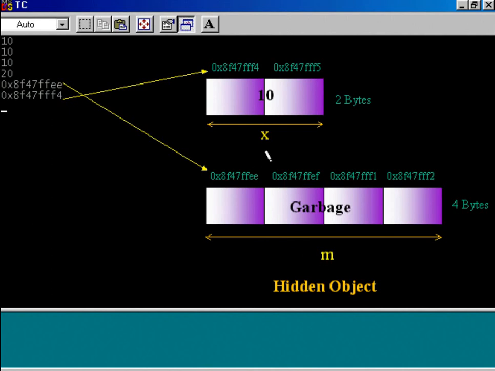Address of m and address of x are different. They are stored at different memory locations in the memory. Their starting addresses are different, and that is why we say that m is a hidden object and m is not a reference variable for variable x. Is it clear to you?